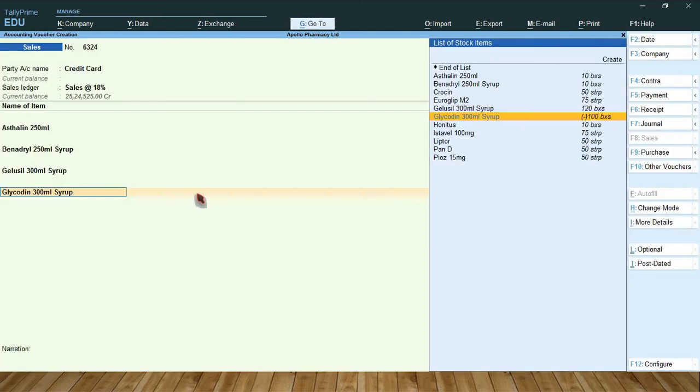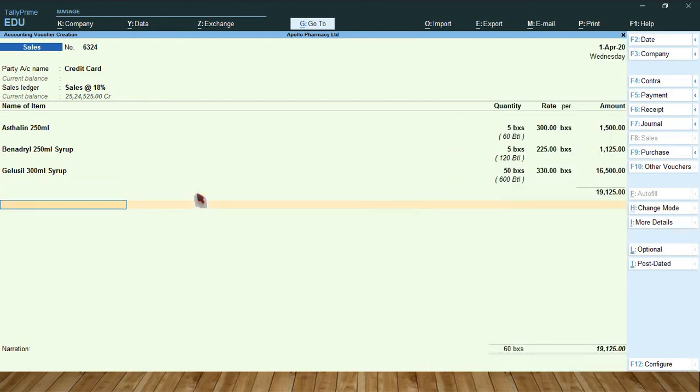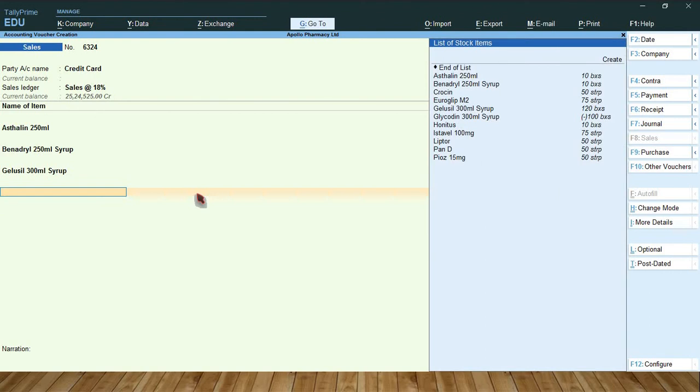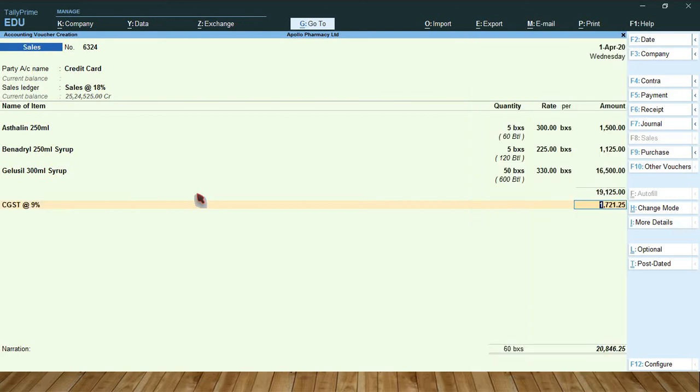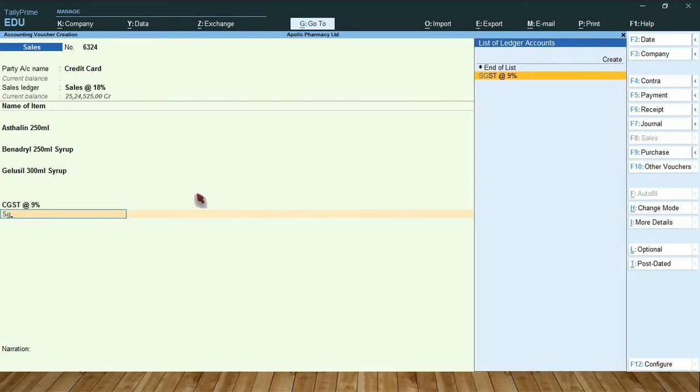So how much stock is there? So this is showing negative stock. Go to the end of list, select CGST, select SGST,